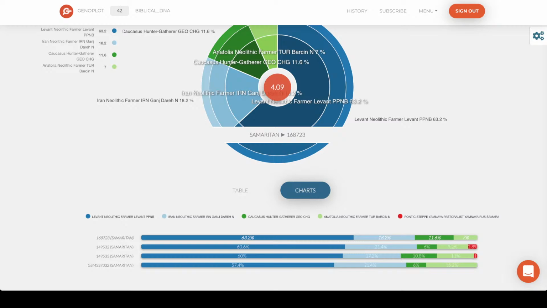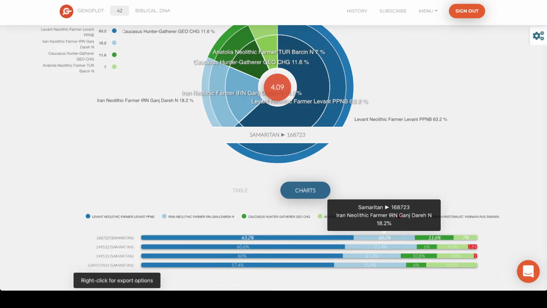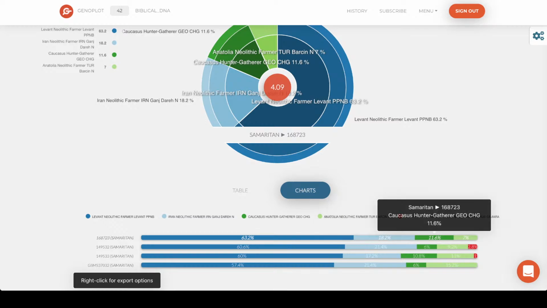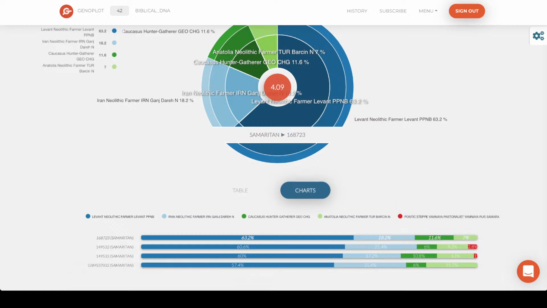So the Zagros is at 18.2%. The Caucasus hunter-gatherer is at 11.6%. And the Anatolian Neolithic farmers at 7%. So this is the Cohen